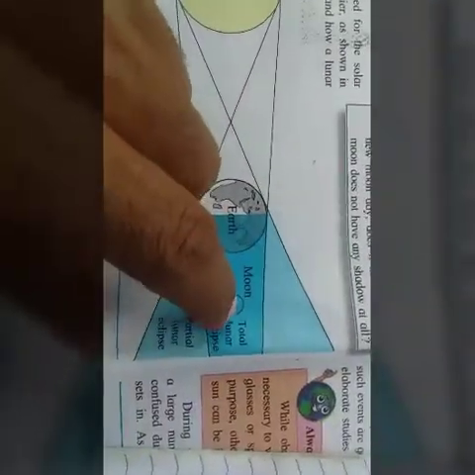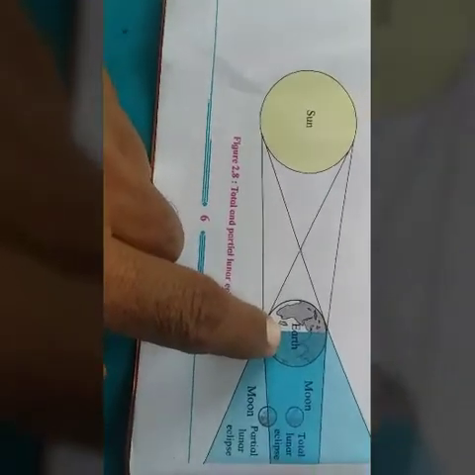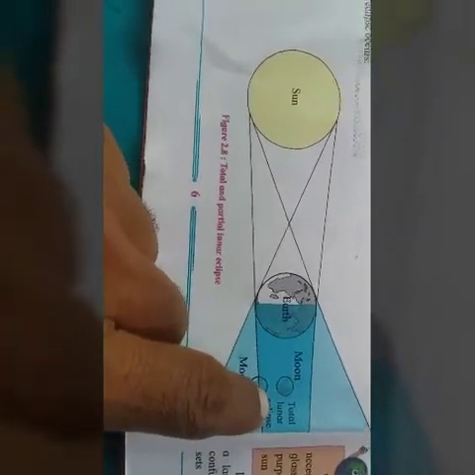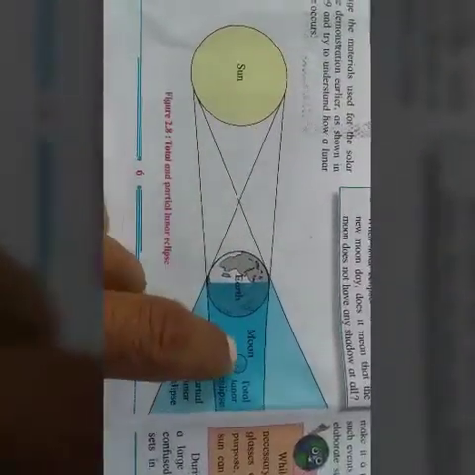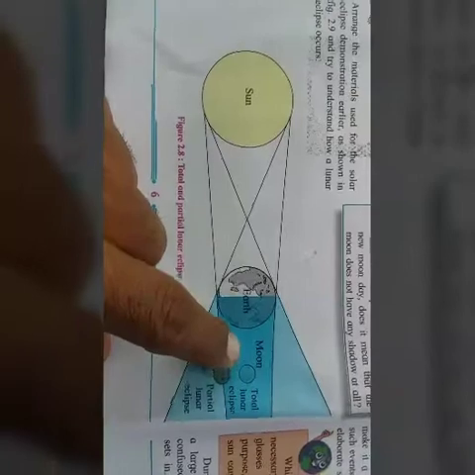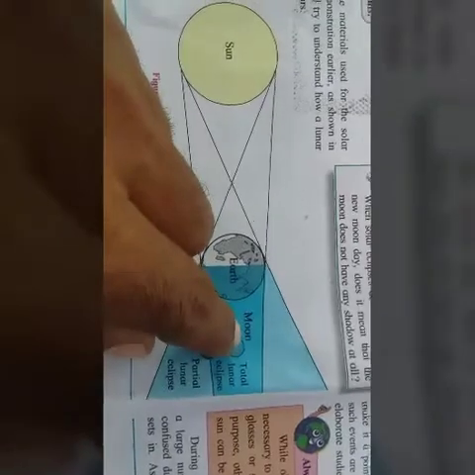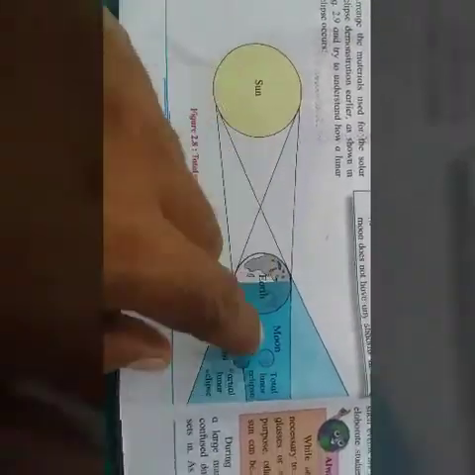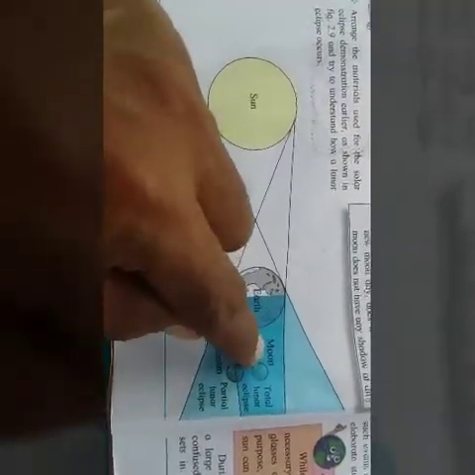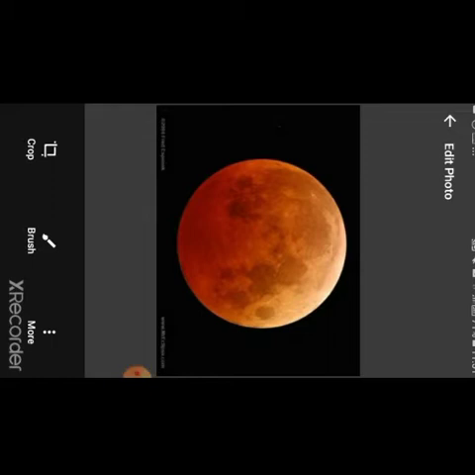And one more thing about the total lunar eclipse. As you know, a total lunar eclipse takes place when the earth comes between the sun and the moon while revolving around the sun and covers the moon with its umbra, dark shadow. When this happens, the moon can turn red, earning it the nickname of a blood moon.